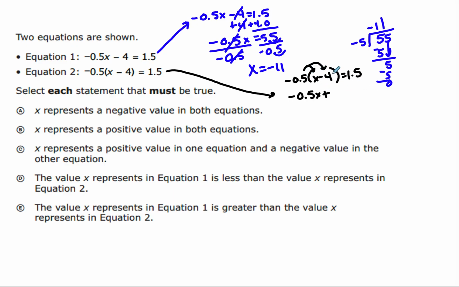If it was 5 times 4, it would be 20. But I have one decimal here, so I have one decimal here. It's really like 2.0 equals 1.5. Okay, now I've got to get rid of my plus 2. I do that by subtracting 2. So I'm subtracting 2.0. 2 minus 2 is 0. I'm left with negative 1/2 x